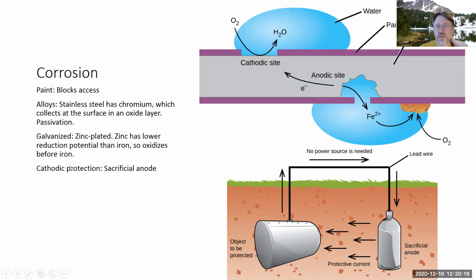And a final example of a way you can use concepts of electrochemistry to protect an iron object is to use a sacrificial anode. So if you've got an iron tank that's underwater, maybe something used as a septic tank or something of that sort, then you can make a sacrificial anode, which is made of some other material that oxidizes before iron does. So zinc would be a good example of that. You have it in close enough proximity to your object that you can have ion transport to complete the circuit across here. And then you run a lead wire, that's not actually lead, excuse me, a wire that goes over and connects to the sacrificial anode,